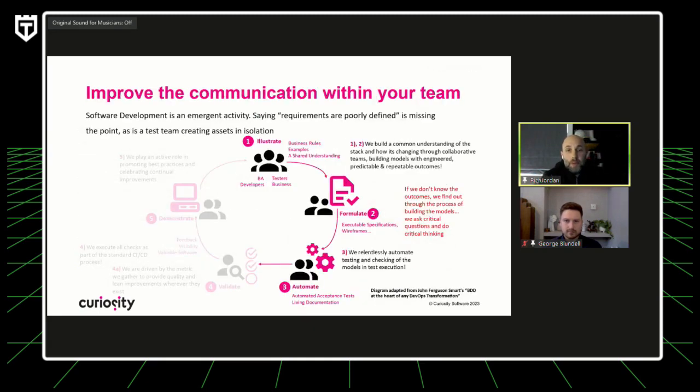So firstly, we're going to talk about improving communication, all right? By that, we don't just mean talk better to your team. Actually, we're talking about creating structured communication within the team or to other teams to make sure that we have got a collective understanding of what we're trying to do, right? By its very nature, software development is emergent and therefore it's changing, right?